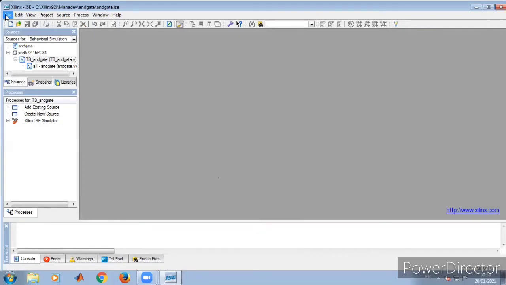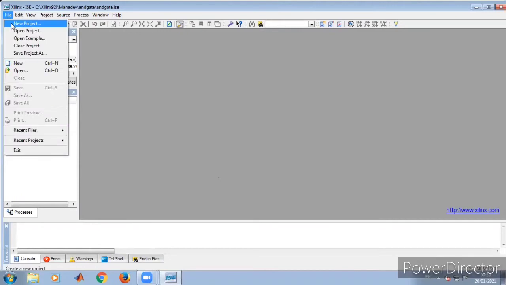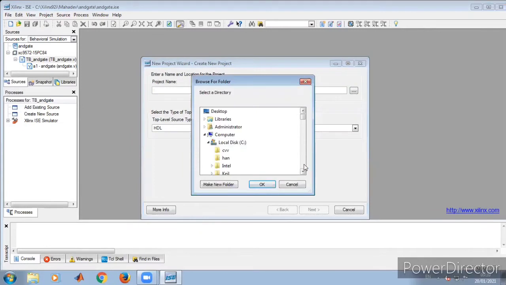So first go to File, click New Project. A new window opens with the project name and project location. Now you can open a project location in one of the folders. I have opened it at C drive, Xilinx, and in Xilinx I have created a folder by my name, Mahadev.